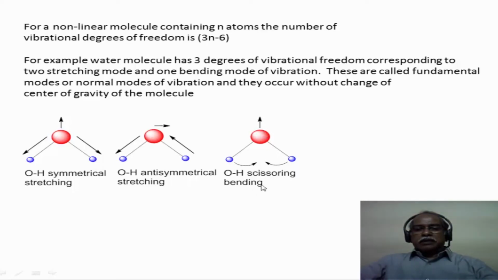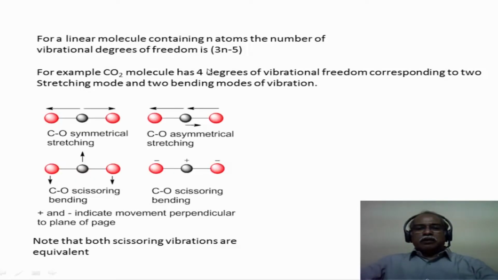That is called the scissoring motion. So you have the 3 degrees of vibrational freedom that are represented by 3 normal modes of vibration in a water molecule. On the other hand, if you consider a linear molecule, the linear molecule will have vibrational degrees of freedom of only 3n minus 5. For example, CO2 has 4 degrees of vibrational freedom corresponding to 2 stretching modes and 2 bending modes, which are